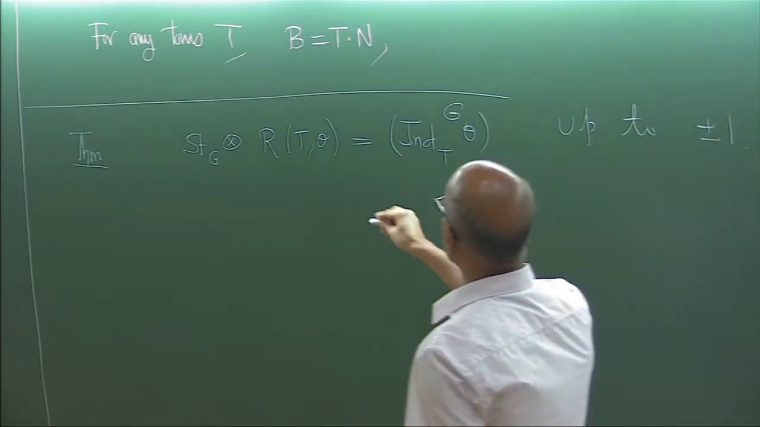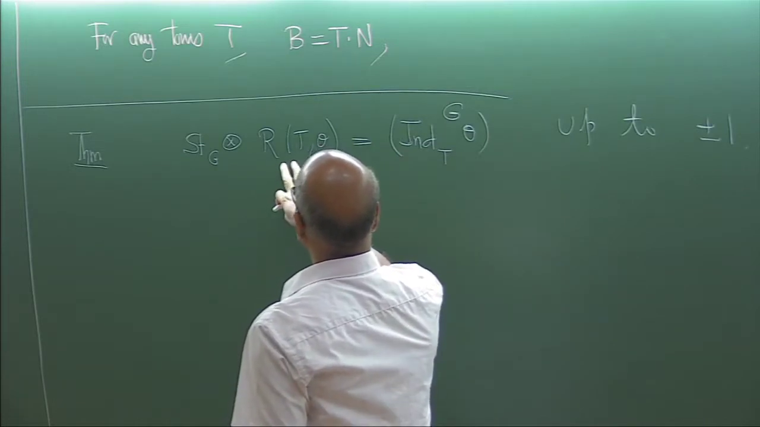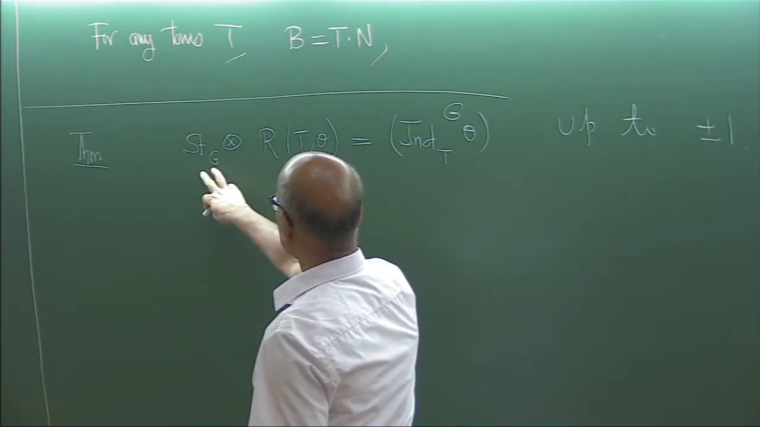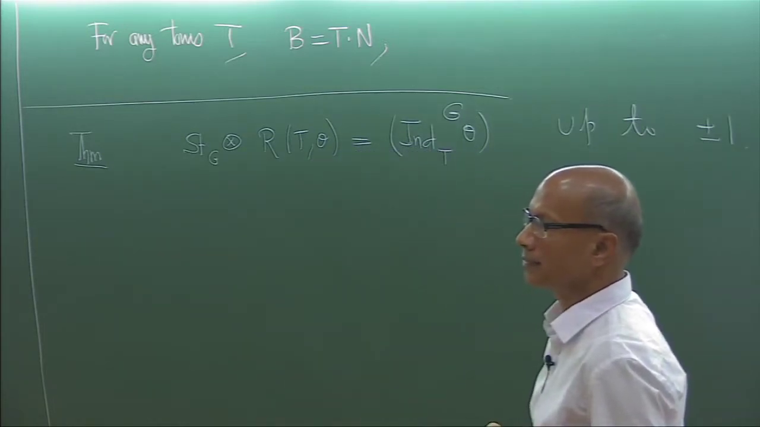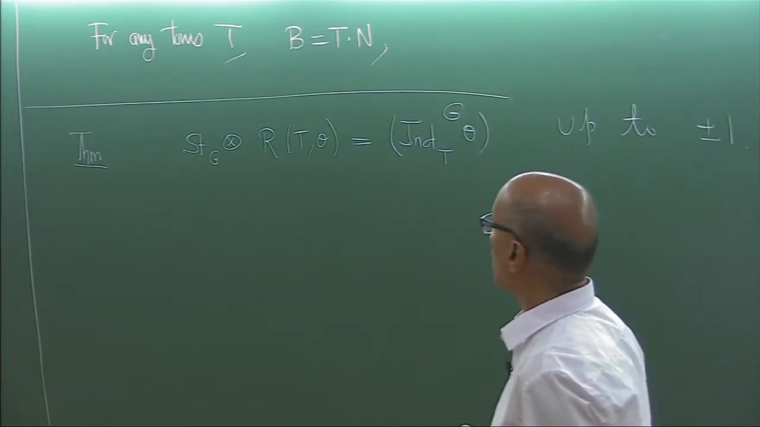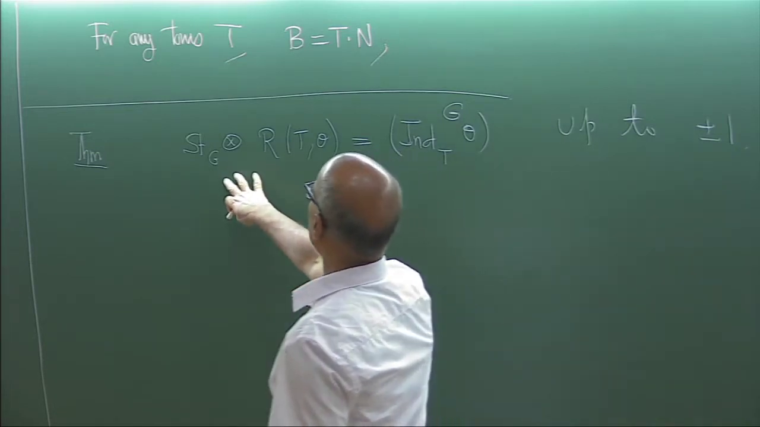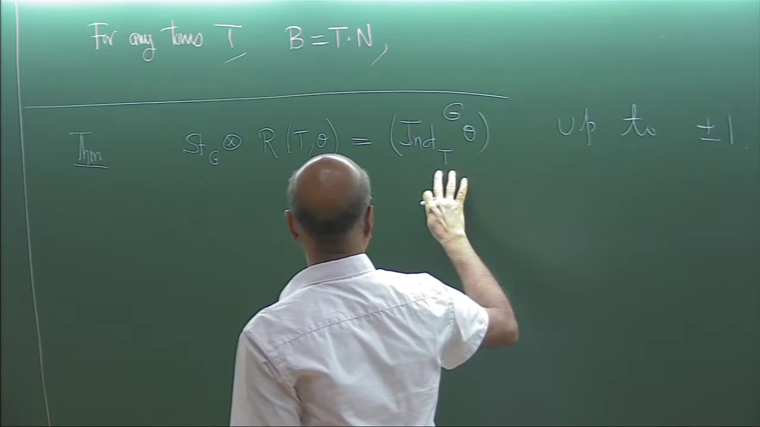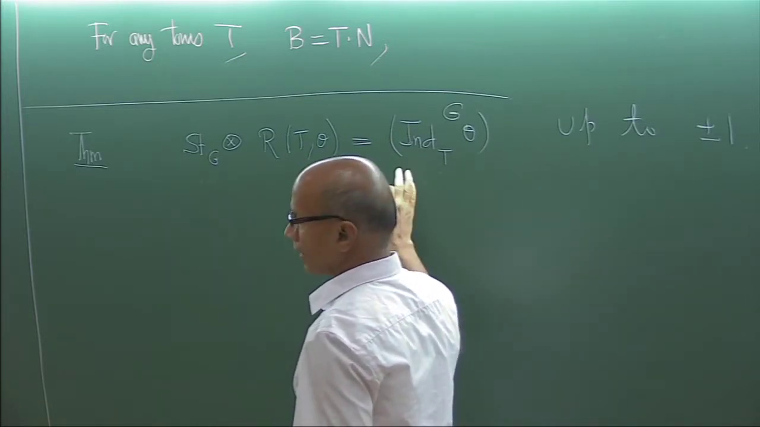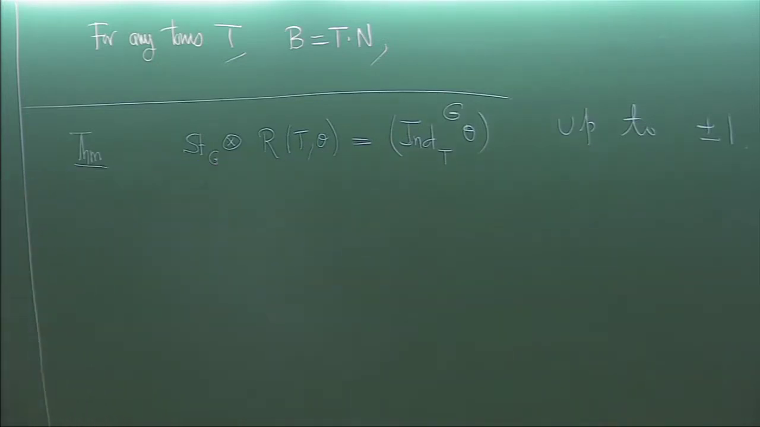Which means that R_T^θ, up to some correction factor, is indeed this object. These are representations of the group G, and you are taking the tensor product as representations of the group G. And this is a representation of G, and they are equal as representations of G. So in fact, given the knowledge of the Steinberg that we have, this allows one